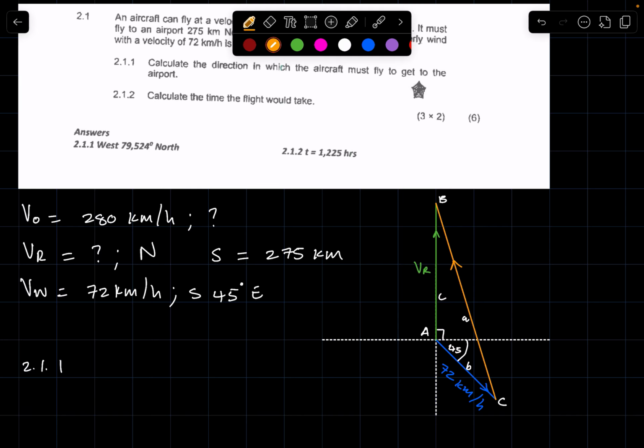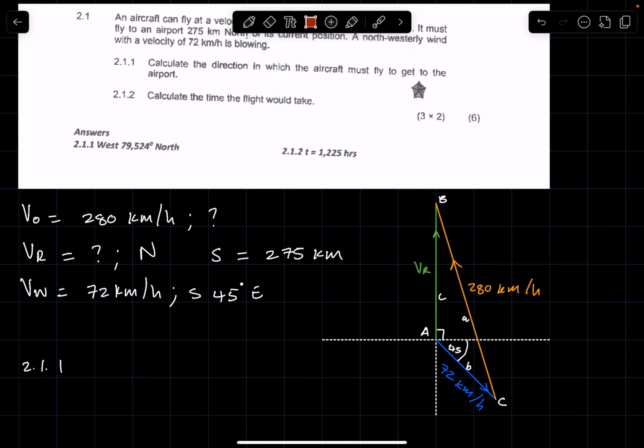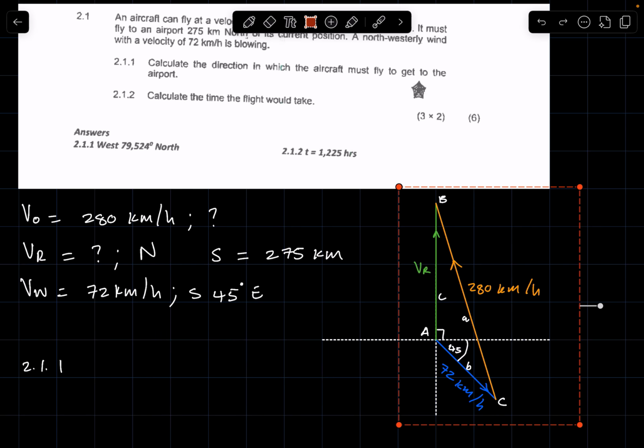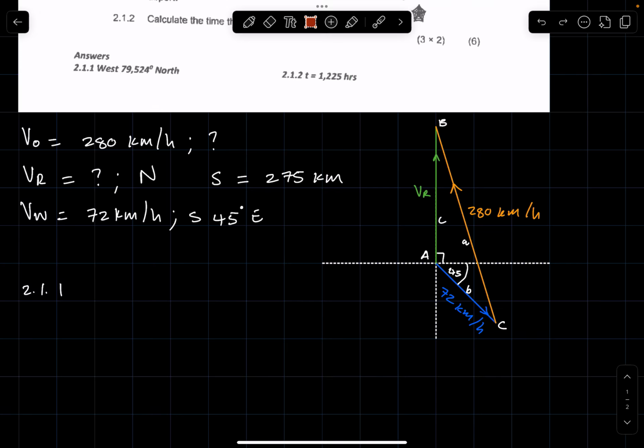So remember that this here is VO. We are given the magnitude of VO. It's 280 kilometers per hour. So when they say calculate the direction in which the aircraft must fly to get to the airport, essentially, if you look at this practically now,